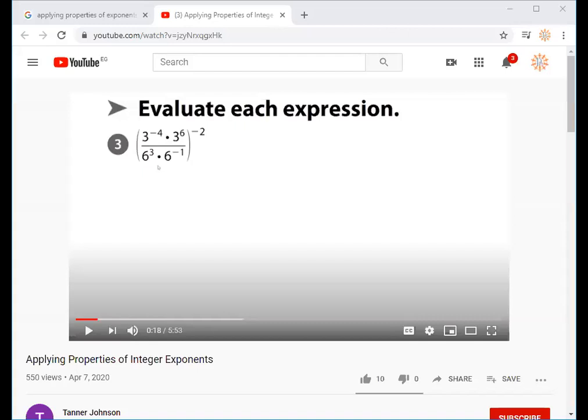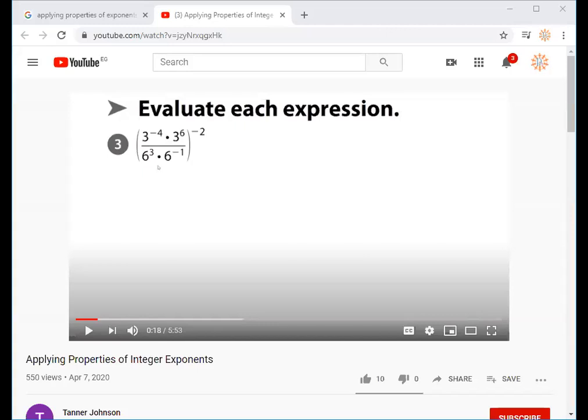Second part, we have to evaluate each expression. In this case, we have the same base, right or not? Did you see the question? Could you please write this question in your notebook? Evaluate